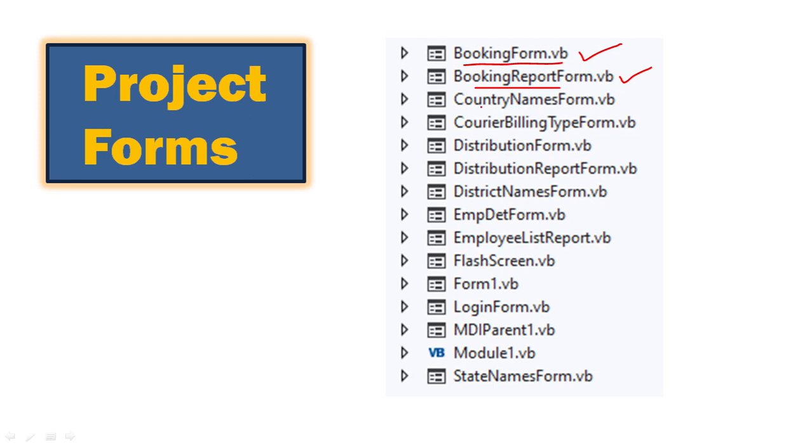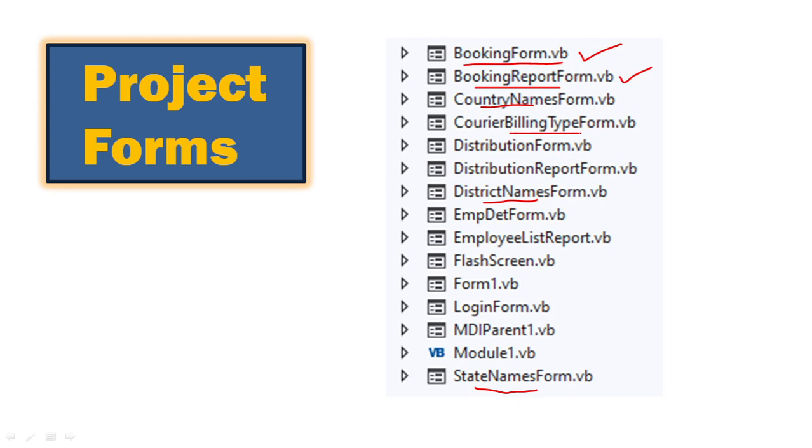Then you have country names, state names, and district names, right? This is when you are taking the address. We have to collect all this information. Therefore, we make master entries in the beginning itself. When a customer comes and gives the courier to us, we automatically choose all these three data.